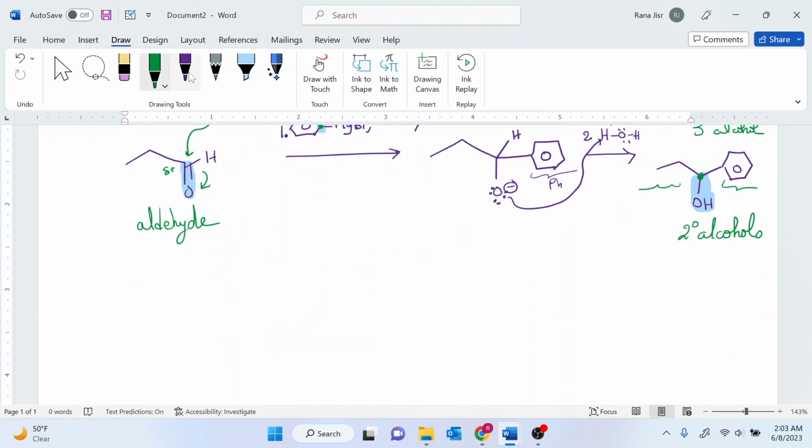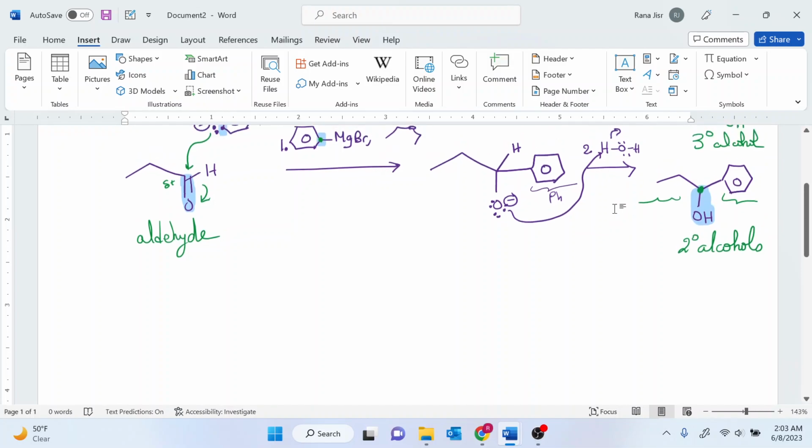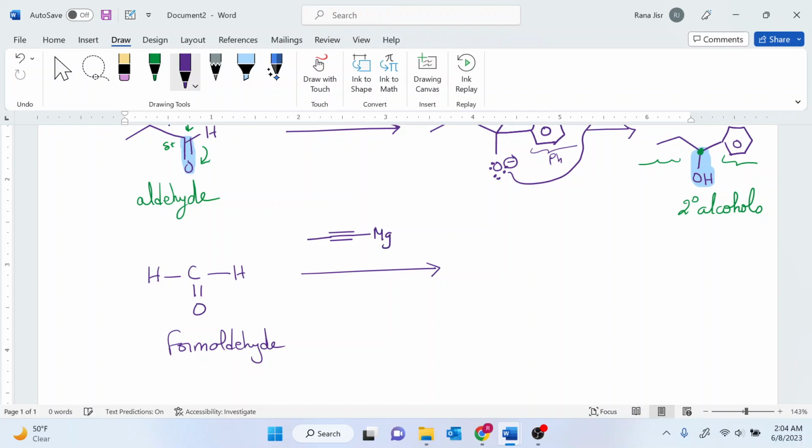Now, if I wish to make a primary alcohol, then in this case, I need to have hydrogens over here. I should not have any R in this case, except the R of the Grignard that I want to add. So I need to start with the simplest type of aldehyde, which is formaldehyde. And you go ahead and react that with the Grignard. We can react the Grignard with, let's say, for example, CH3MgBr